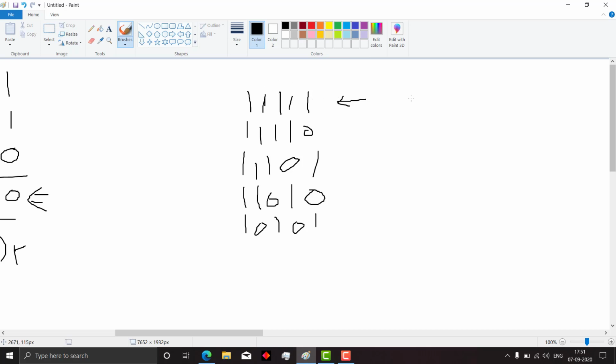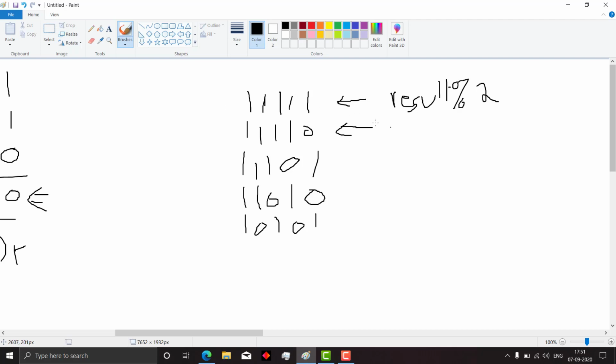Then we mod the result with 2. So all the contributions from here are vanished. The only contributions that are left are by this one, and we can find out whether the number of zeros and the number of ones are odd or not. Next, we XOR it with this for the second bit.